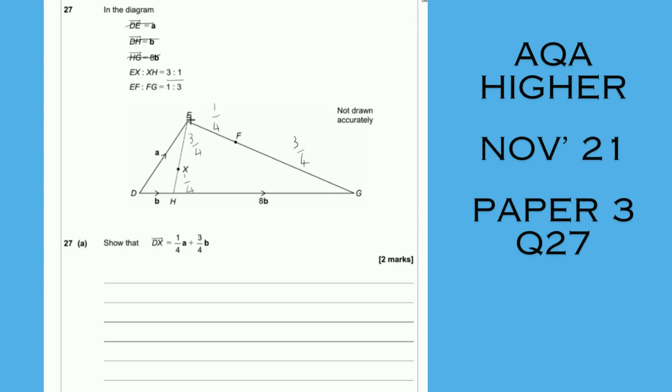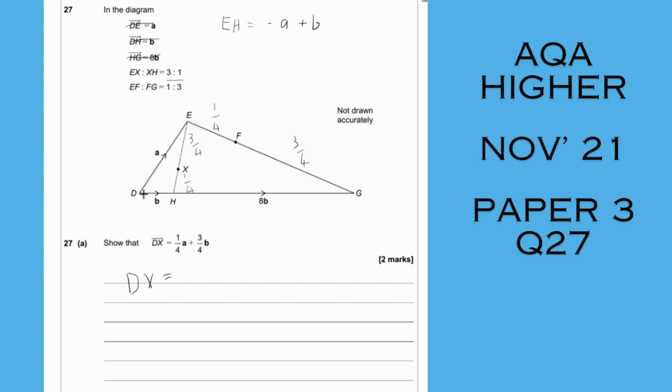And we've got this line here. This is going to be the first problem, E to H. It's not involved in the question, hasn't been mentioned yet. So let's just have a look at this line, E to H. E to H is going to be the vector negative A, positive B, which is definitely going to play a part because in order to get from D to X,